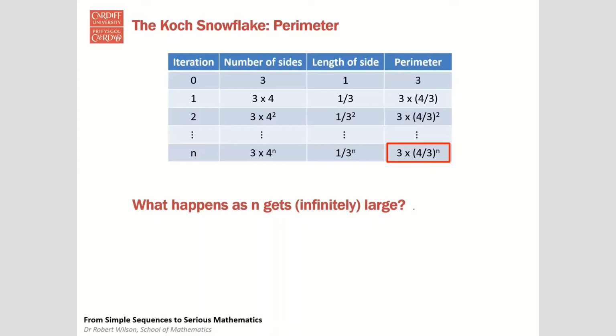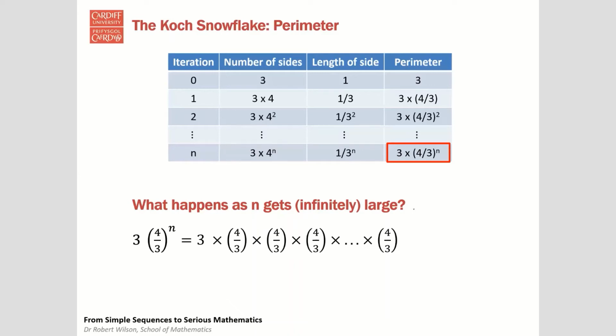But what happens as we keep repeating, as we keep adding to the number of iterations within this process? Well, let's look at the formula in a bit more detail. The term in the bracket, the 4 over 3 to the n, we can write out as a multiple of terms. And the key thing to notice is that every term in the bracket, 4 over 3, is bigger than